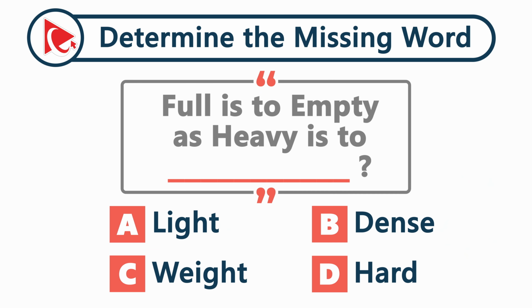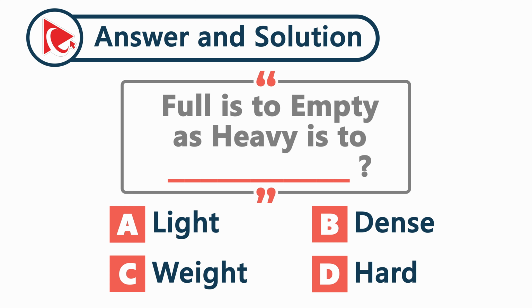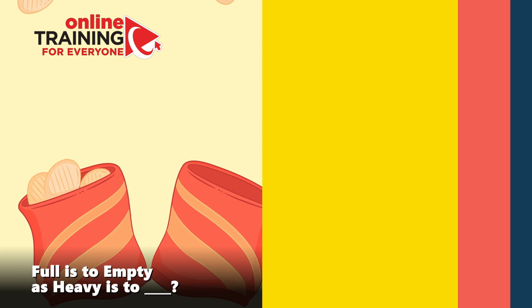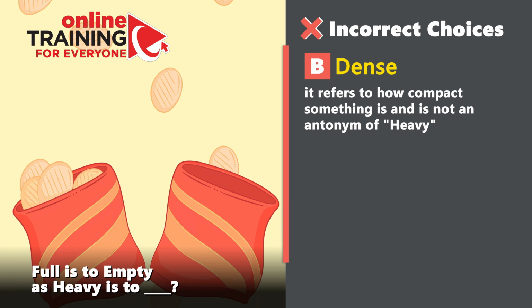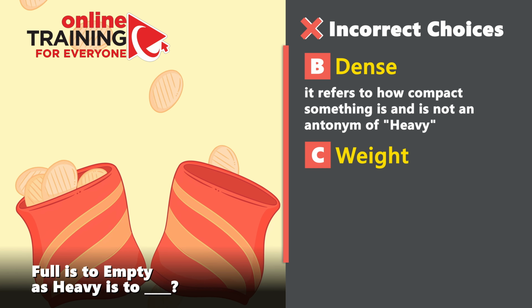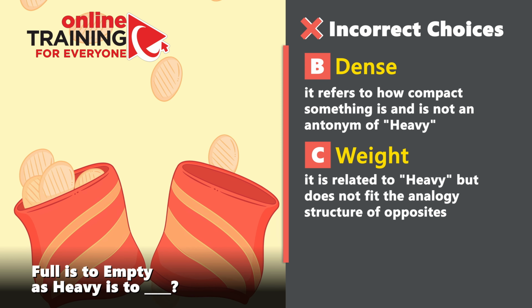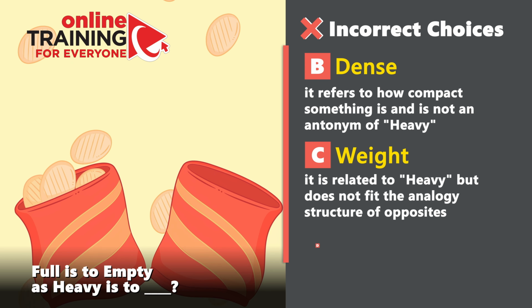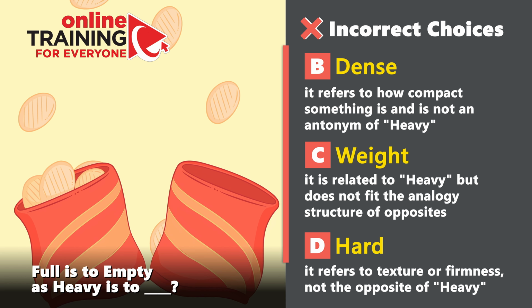Time's up. Are you ready with your answer? As you might have guessed, the first step in solving these types of challenges is to eliminate incorrect choices. For example, choice B, dense, is incorrect because it refers to how compact something is, and it is not an antonym to heavy. Choice C, weight, is incorrect because it is related to heavy, but does not fit the analogy structure of the opposites. Choice D, hard, is incorrect because it refers to texture or firmness, but it is not